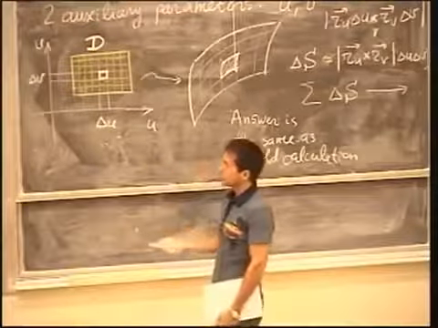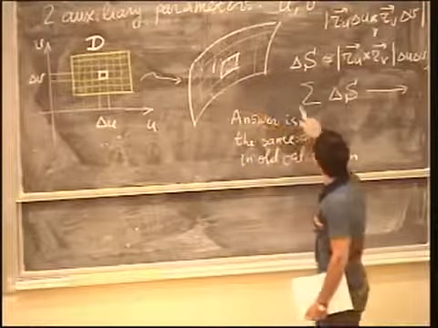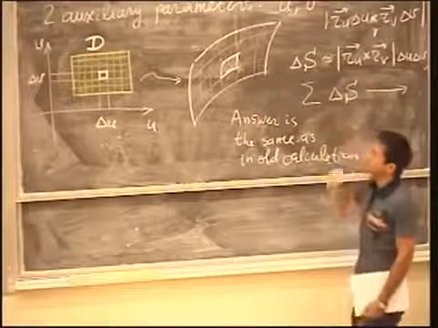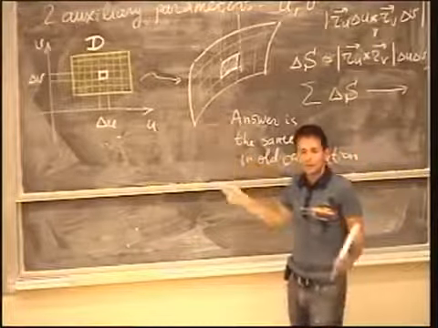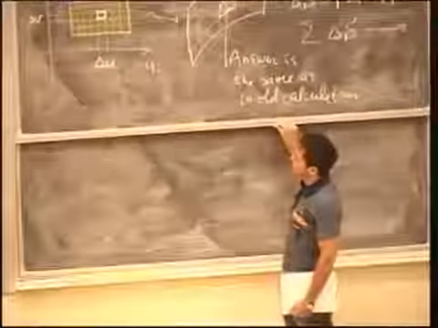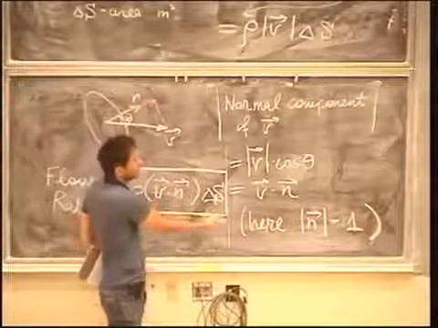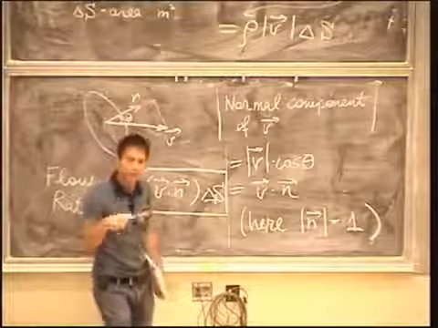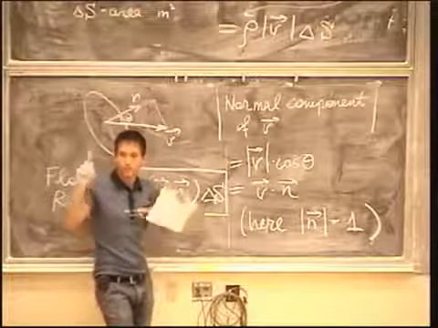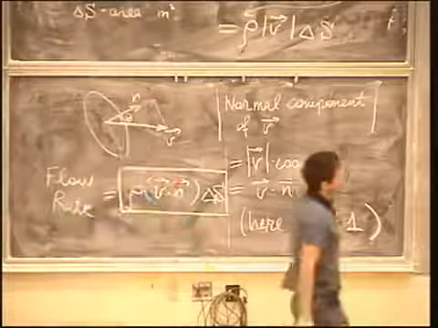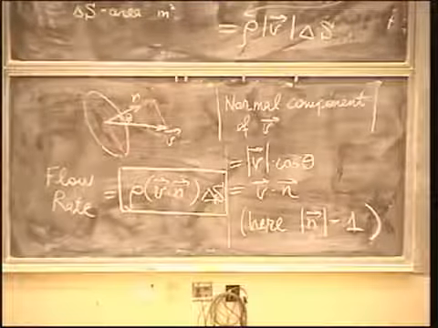But after this, we have to take the sum over all of those pieces. And when we take the sum, we take the limit when the partition becomes finer. And that's what gives us the integral of the second type. And you can read off the expression for this integral from this formula. As always, just look at the formula for the elementary calculation, which we get from the idealized situation, and just replace delta S by dS, where now we already know what dS is, because we are able to calculate dS by using parameterization, by using this Ru cross Rv, right? So for a general membrane, the flow rate,